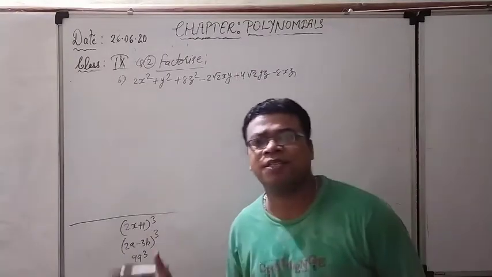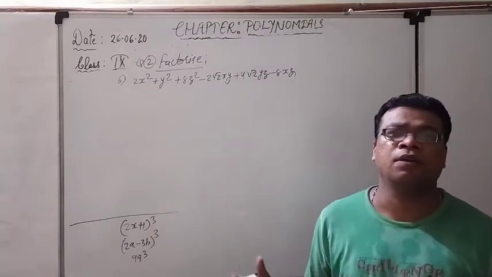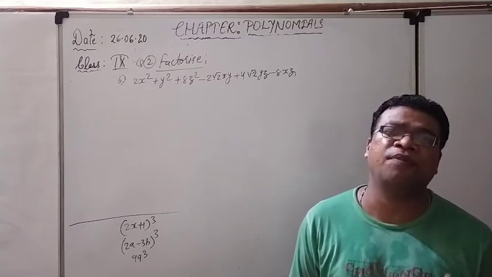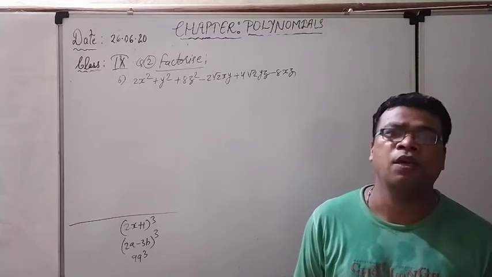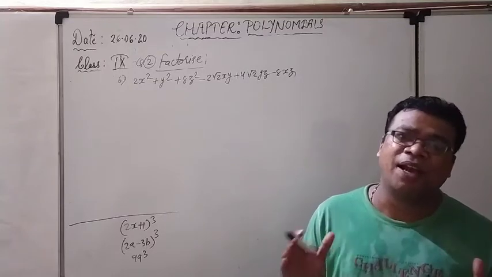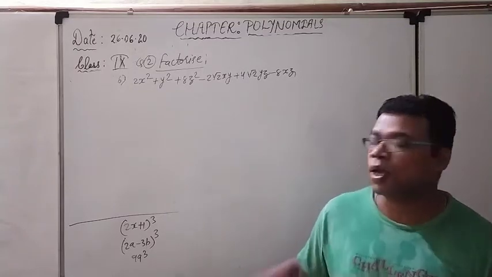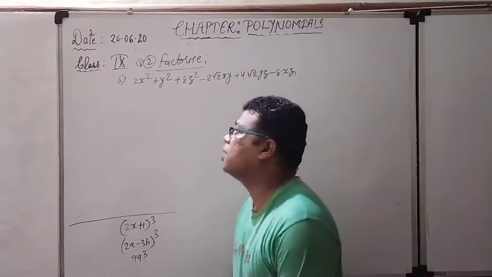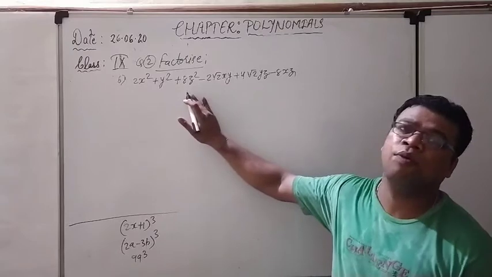Actually in this particular exercise, so many identities are coming. So many questions are based on the identities, and each and every identity is different from each other. That's why we have to see each and every kind and variety of the questions. That's why we are taking separate kinds of questions. Right now, see what is in front of us. It is the same kind of question.